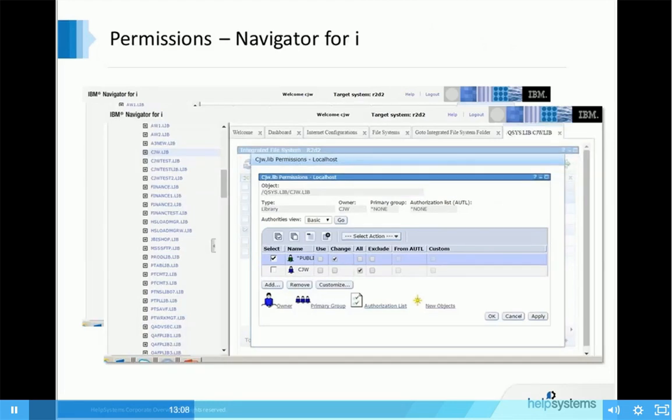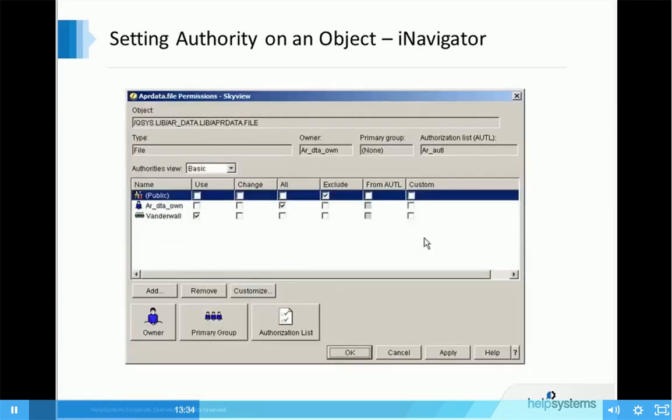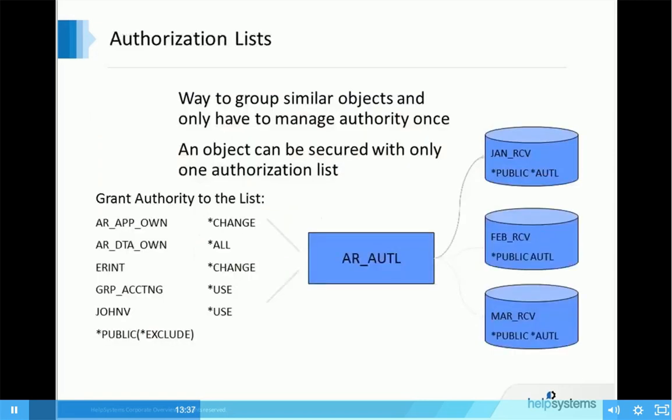All right, so we just clicked on permissions, and this is basically the GUI version of edit object authority. If you are still using the client version of Client Access, and you're still using Navigator for i, once again, I just wanted to let you know that you can manage your security settings using that interface as well. All right, so that's how you would grant a specific authority to an individual or to a group